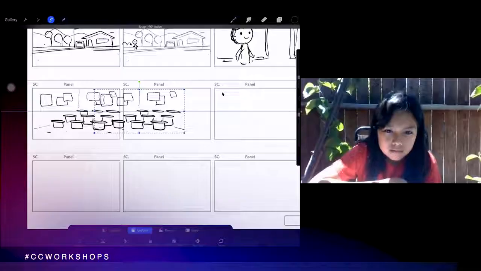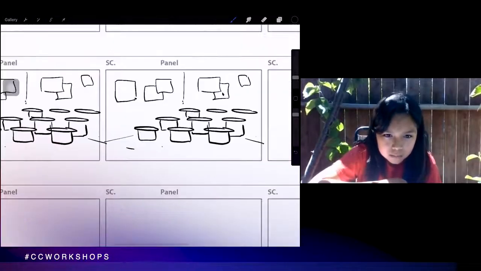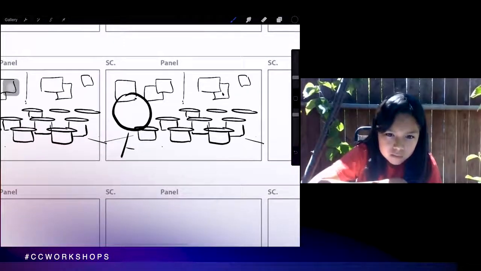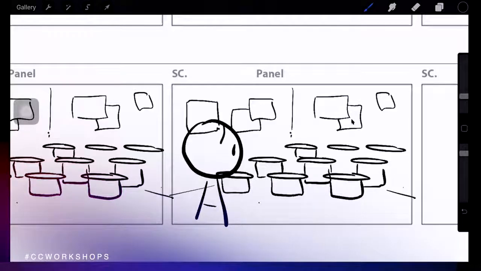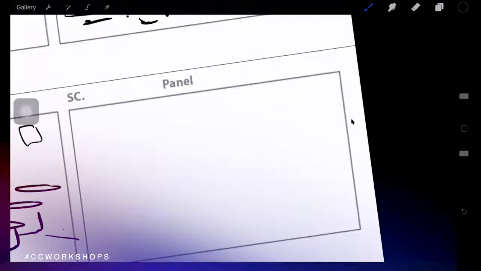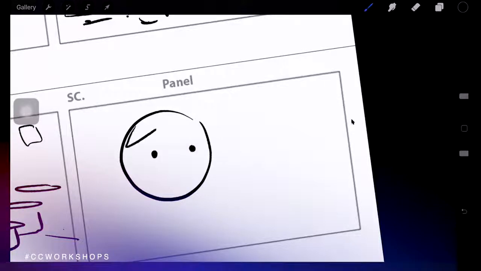So then you have the classroom again. Copy paste, move it over. Now on this one you might draw David. He walked in. He's like, what? His hair, his beard. And then he walks in. Then you want to cut his expression. He's like, wait, what? At first he's gonna be kind of like neutral.